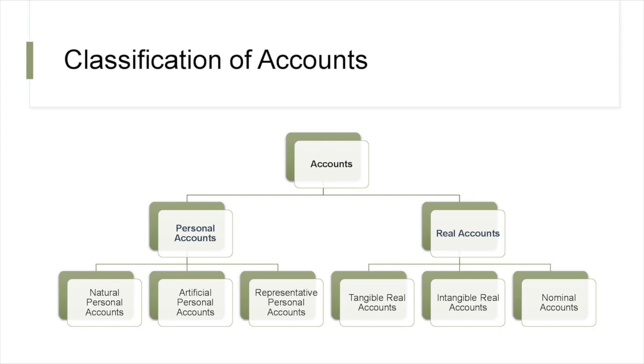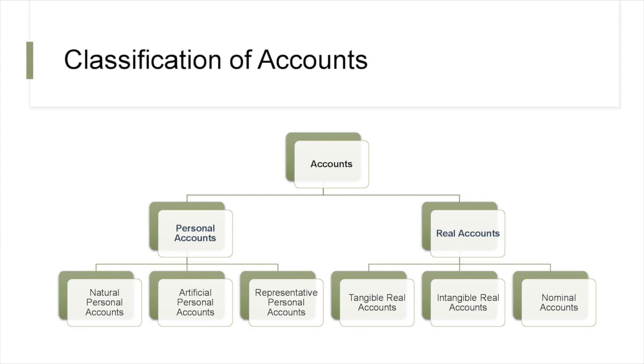First of all, the natural personal account. It is an account related to any individual, like Ram or Shyam or David or George, anyone. It is just a natural personal account. Now, the second one is the artificial personal account. The artificial personal account is related to any artificial person, like any ABC Limited company or any general trading company. Suppose like Reliance Industries. These are not persons, but these are artificially an entity for which an artificial personal account is created.